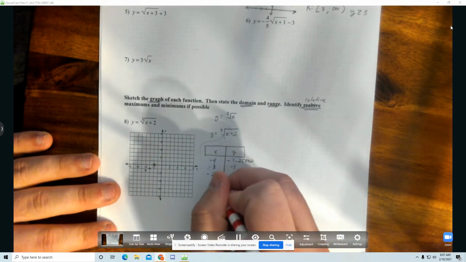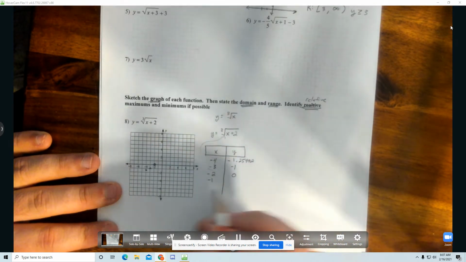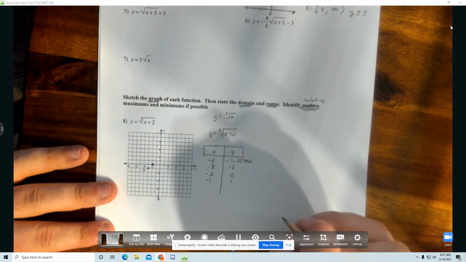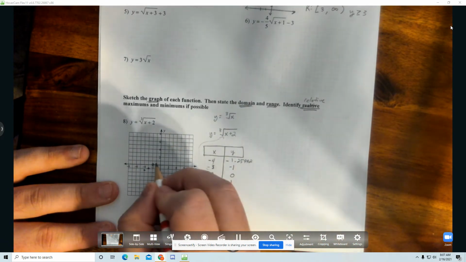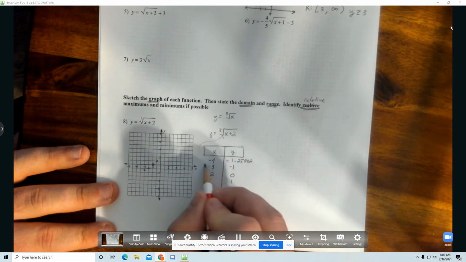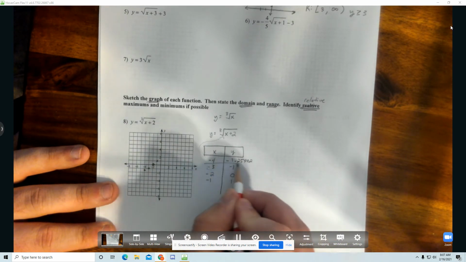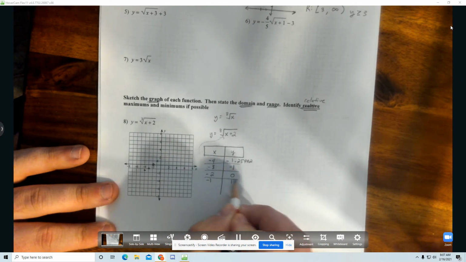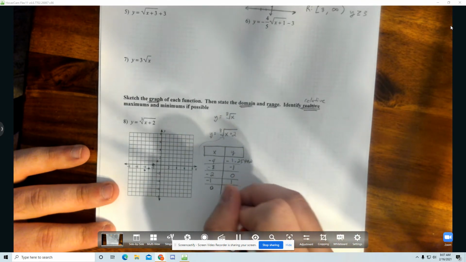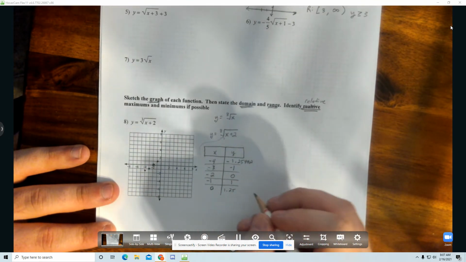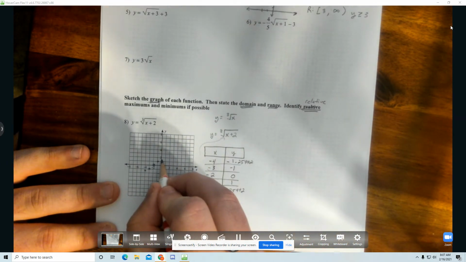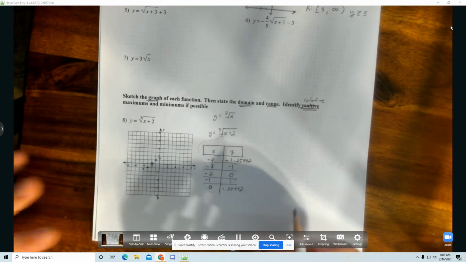Let's pick a negative number that's greater than -2, which is -1. Well, if you plug in -1 here, you're going to get that it equals 1. And so where would you put the point? You put the point right here. Now, again, I'm plotting a lot of points, and with cubic graphs, I typically will. So let me kind of section these off a little bit so it's easier to see. Well, let's do another one. Let's do 0. Well, if you do 0, you would notice you get 1.25992. Okay, so I go to my graph, I put that point, and you're probably thinking now, okay, I'm starting